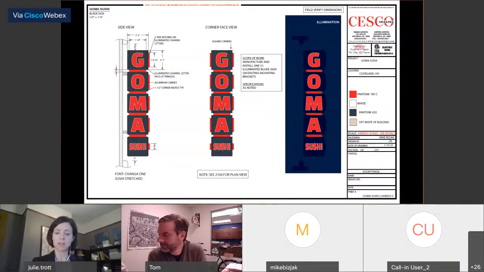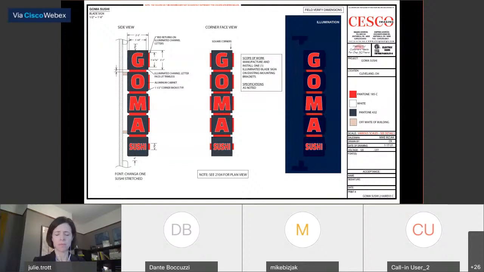Dante and Pat, do you have any thoughts on when the sign will be turned off at night? Is it going to stay on? Is it going to be photo cell controlled, or are you going to have it turn off like at 2:30 a.m.? I would imagine there would be a timer and it would go off by 2:30, 3 o'clock,